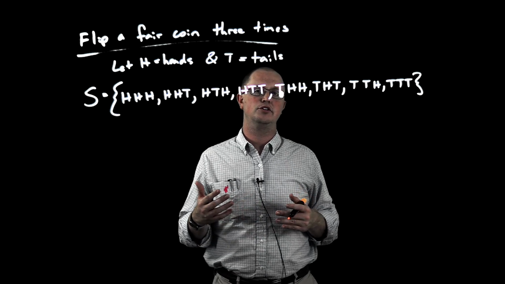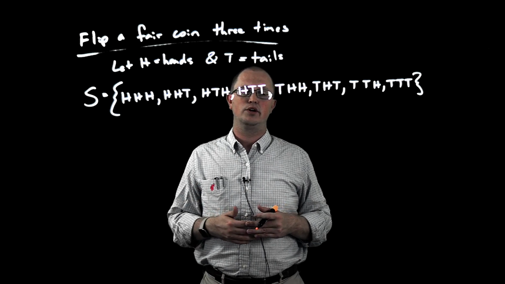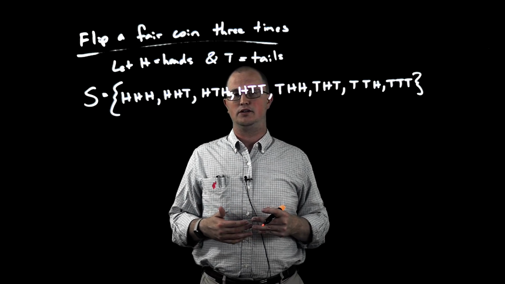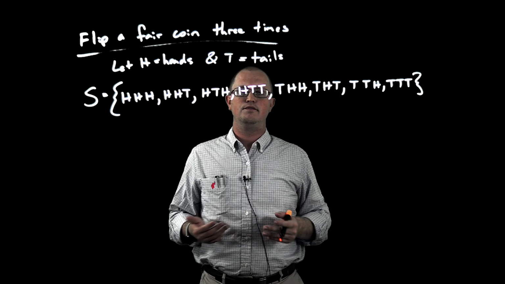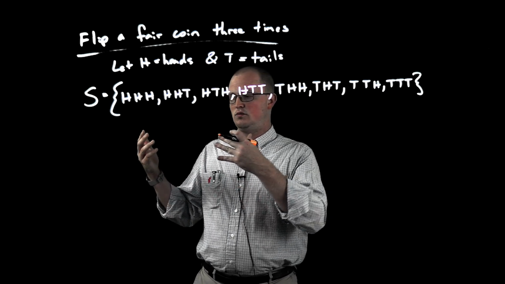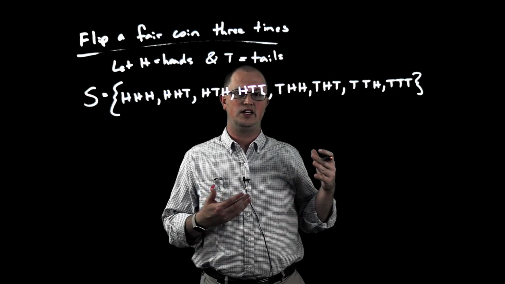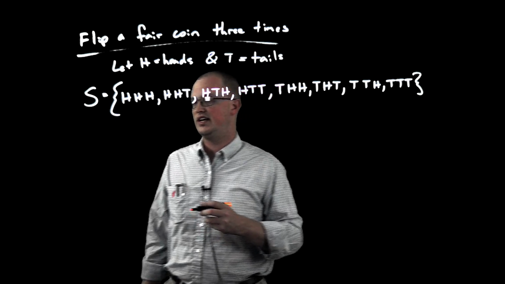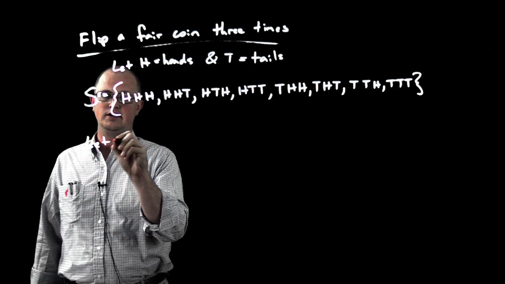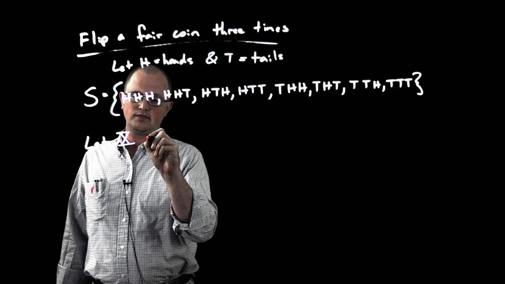But what if we wanted to look at something else about this? To do that, we're going to define what's called a random variable. A random variable is just a function that takes some type of outcome from our sample space and assigns it a number. And so in this case, we're going to let X